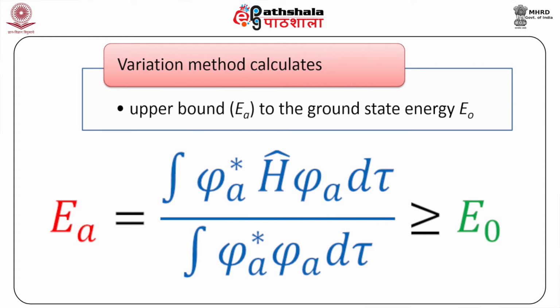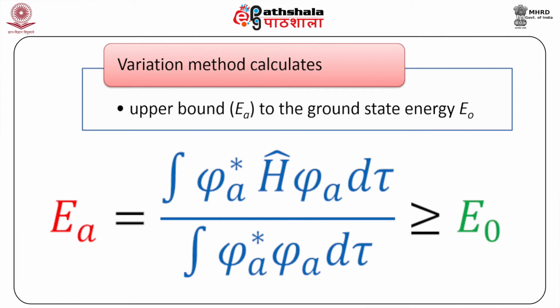The most important step for solving eigenvalues of complex systems using the variation method is choosing or guessing the right guess or trial function psi_A, which determines the success of the variation method. The closer psi_A is to psi_0, that is the ground state wave function, the closer E_A, that is the approximate energy, is to E_0, that is the ground state energy.